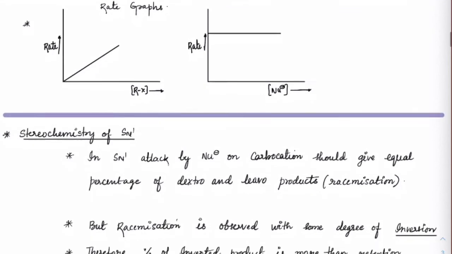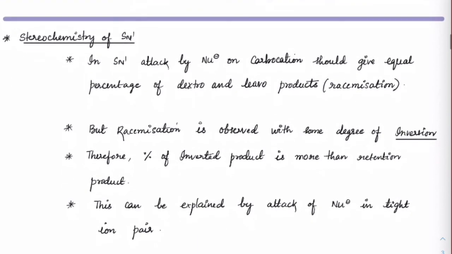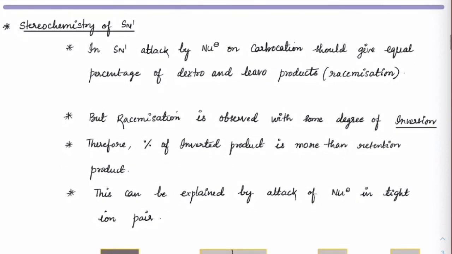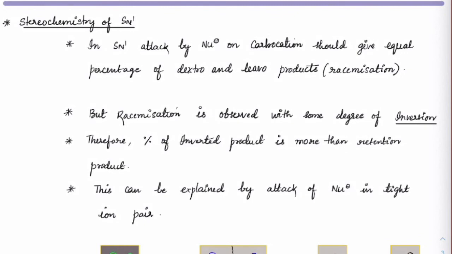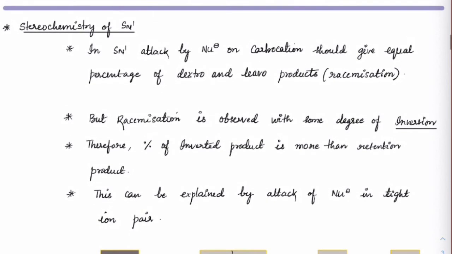So let's focus more on the concepts. If anybody has a doubt in the concept, just stop me in the middle, okay? Right. Now this is an important area: how the stereochemistry of SN1 varies. Got it? Okay. First let me read out some general statements and then we'll get into the concept.